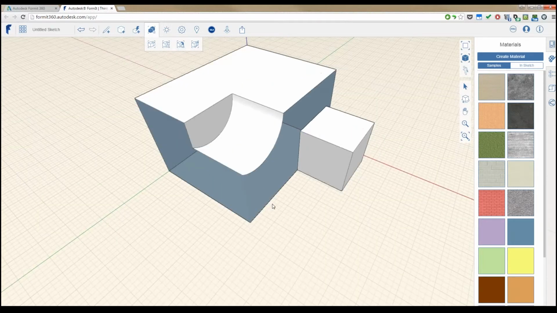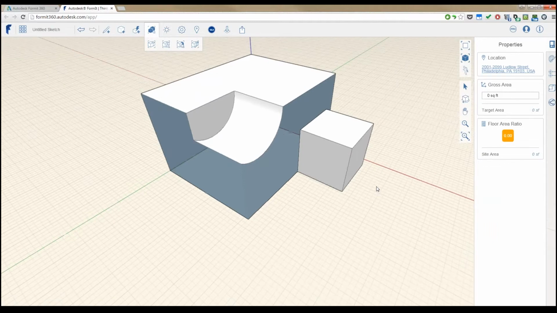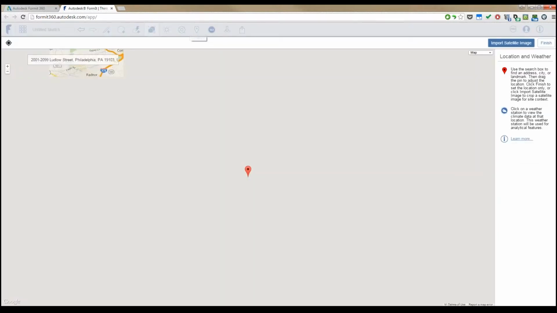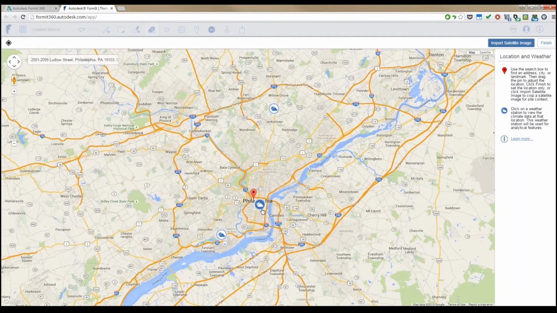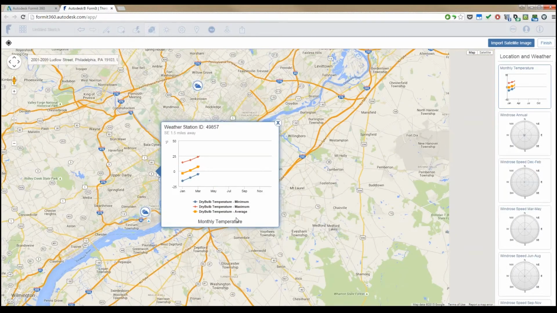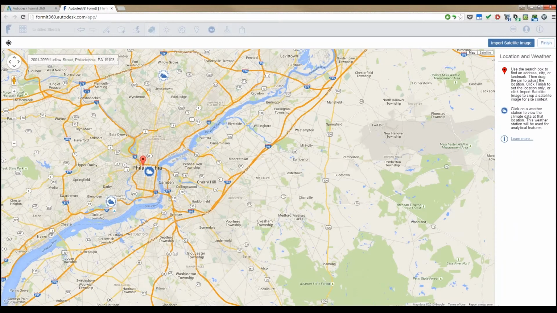Now, as this little design here is, it's very, very basic. But if I want to make it look a little bit more realistic, I might want to know where I'm building this. So what I can do is tell it where this project is. So I go to the location, got my little Google Maps down here, tell it where I want to work. I can pick a specific location for the weather information. So this will come into play if I take advantage of some of the analysis tools. And if I want to say where the building is going to be,